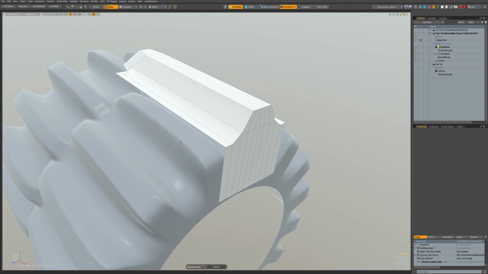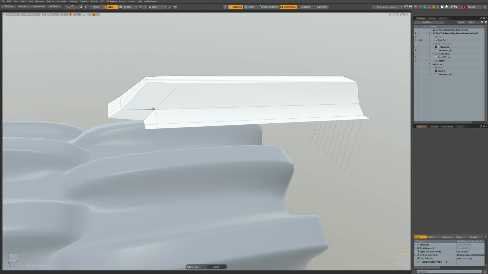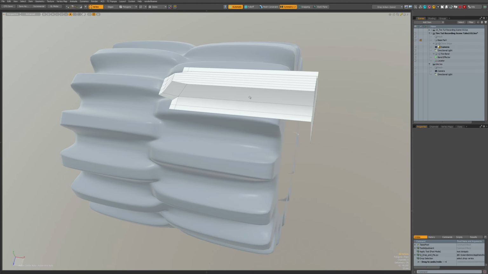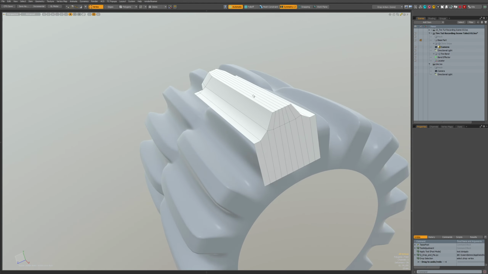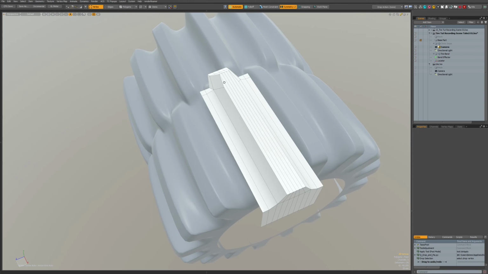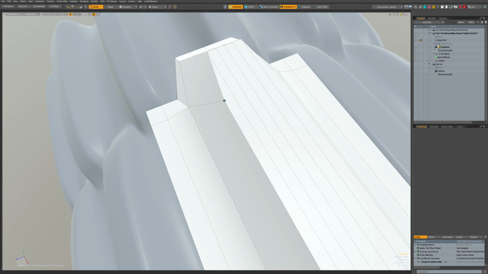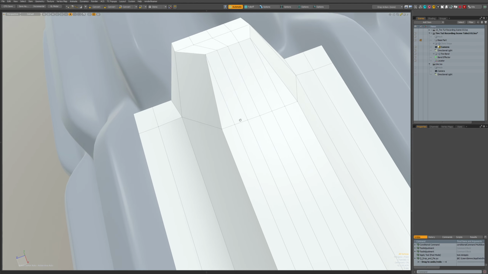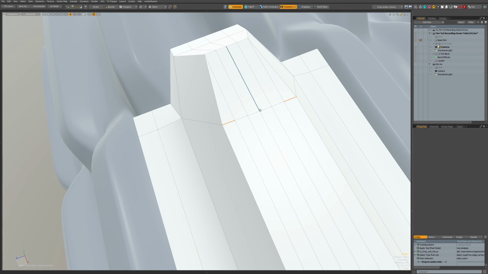Okay, that's good enough for me, not yet. So what we could do now, I'll take this one bit better topology here. So now we have, I think this is a good line to have here.